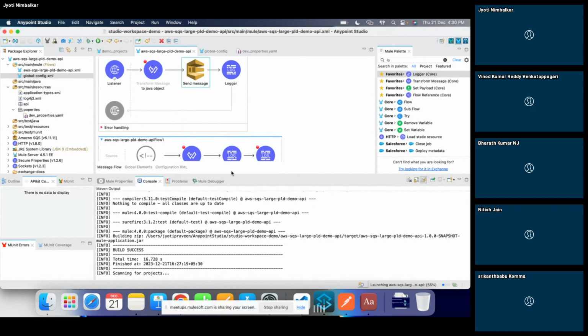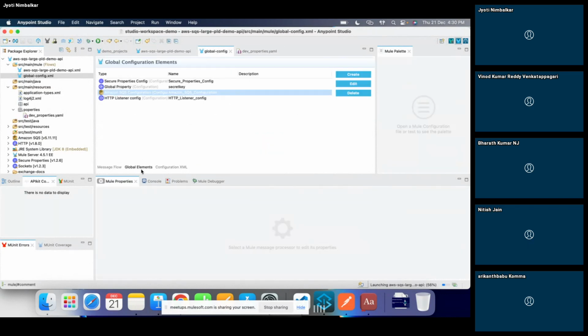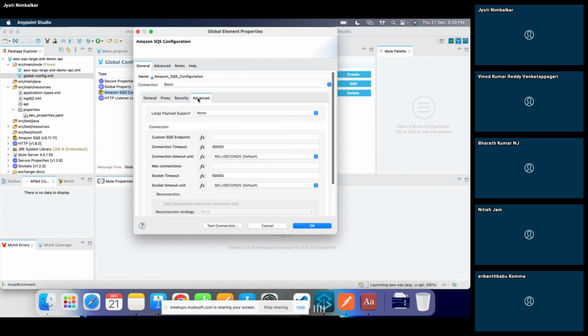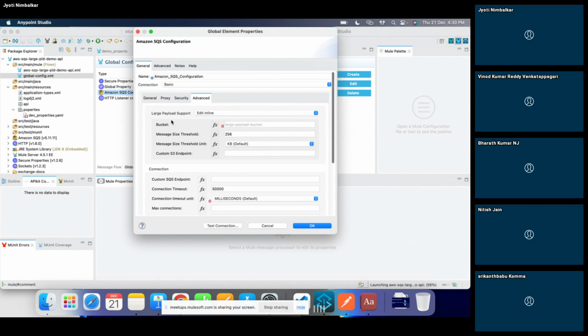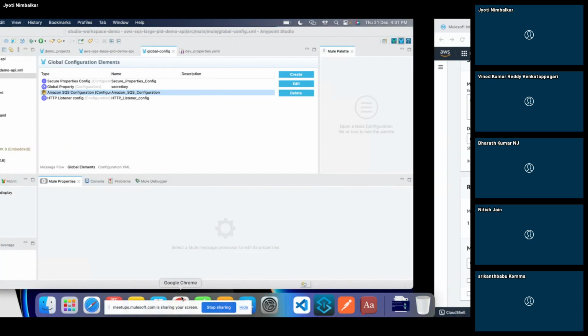The configuration we have to do is in the advanced section: we just have to provide the bucket name. We can choose edit inline under the large payload support option, and we just have to provide the bucket name. I just want to show the error message we get when we try to push data that is more than the queue's limit.